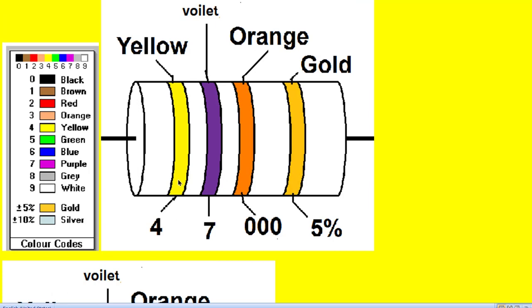So let us take one carbon resistor with bands like this. See, this is the resistor. Remember here, at one end the bands will start, very near to one end of the resistor. Look, this band is nearest to this end, whereas this band is away from this side. The band which is away from the end is called the tolerance band, whereas the bands that are near to the end are called the color code.